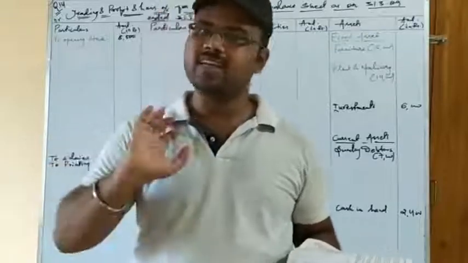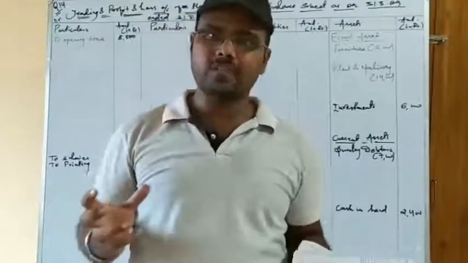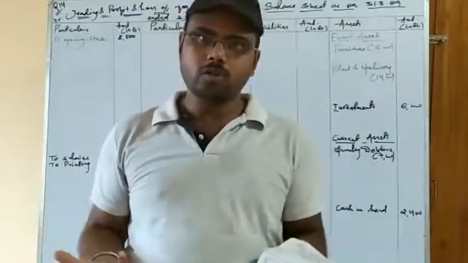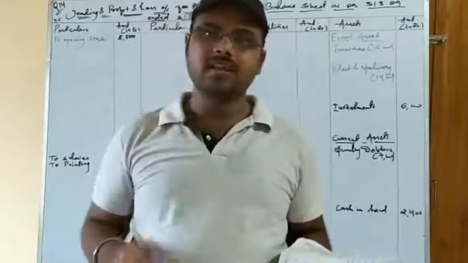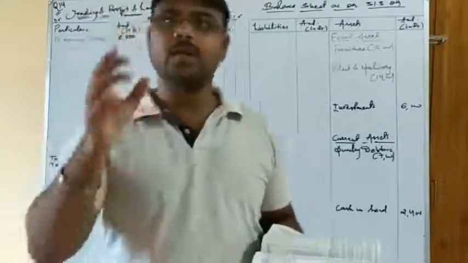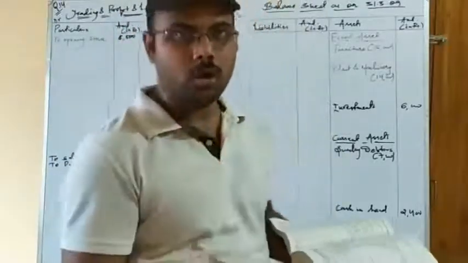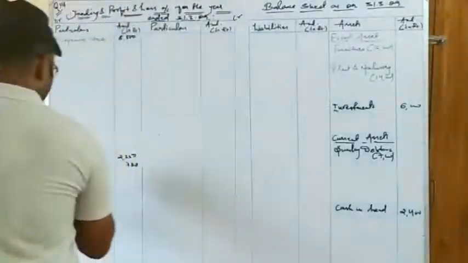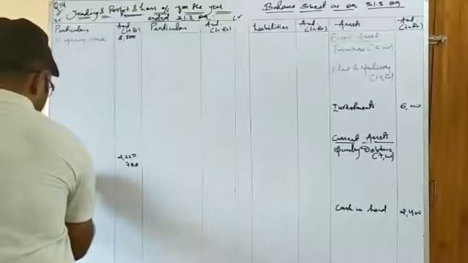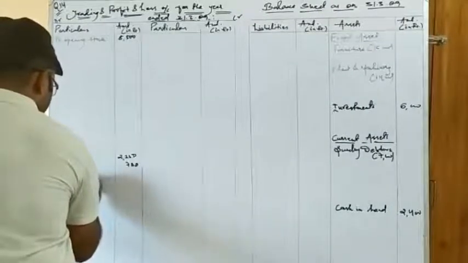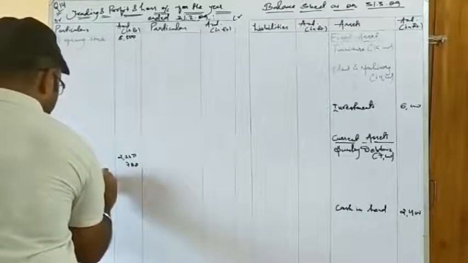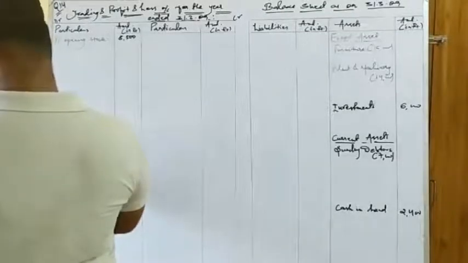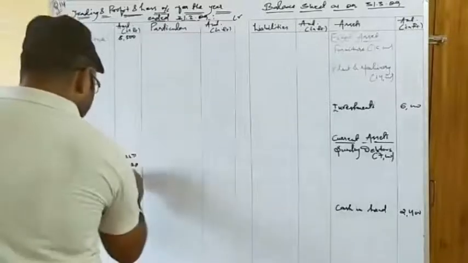So that is why these are treated as indirect expenses, because the purpose for the expenses incurred is not yet known. Okay, not decided or not disclosed, whatever you can say. So that is why the names are given as miscellaneous or sundry expenses. Since the purpose for the expense is not known, we have to write these as sundry expenses, or indirect expenses. So I will write over here to sundry expenses. So sundry expenses amounts to 1,350.